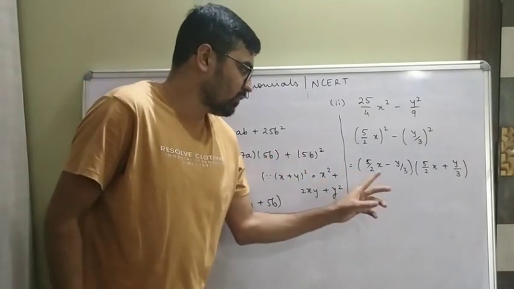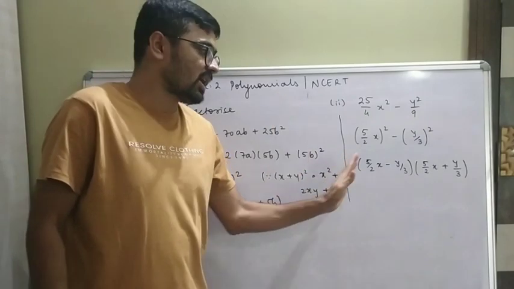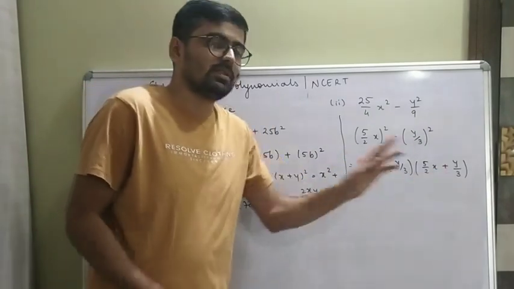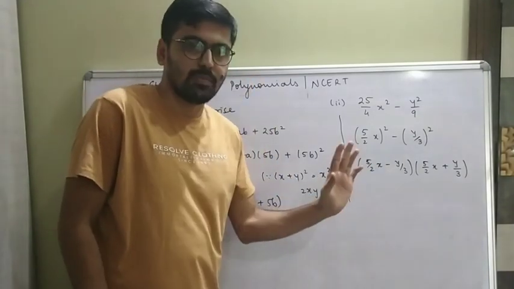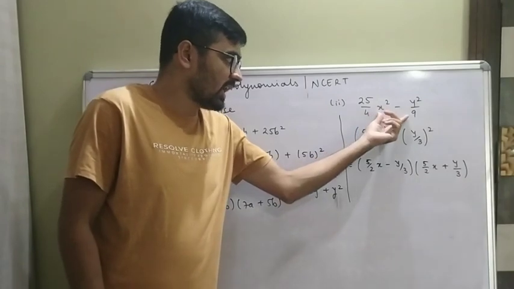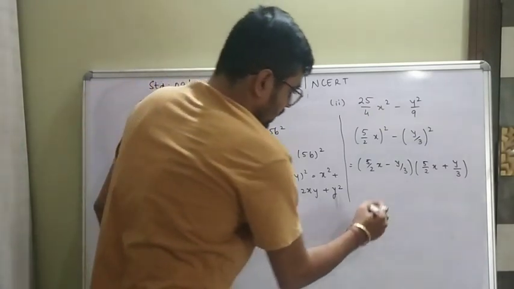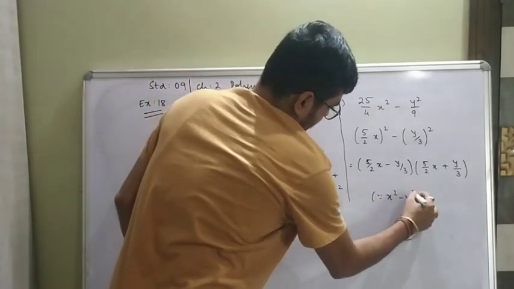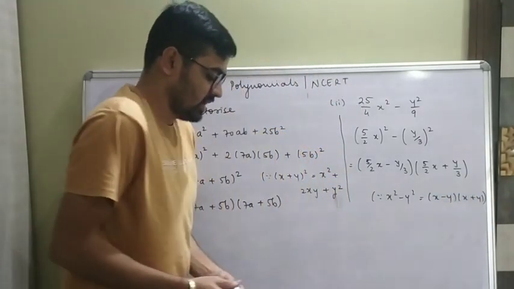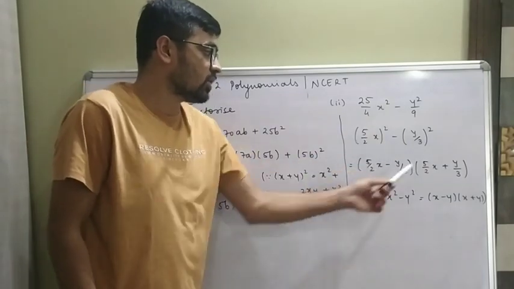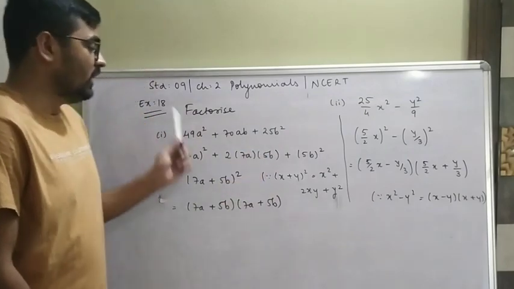Now if any one of you wrote plus first here and then minus here, no problem. Both of them are the factors. Anyhow you can write plus here and minus here. That won't change your answer at all. Your answer is going to be still the same. Correct. So whenever we have something like this, and if we want to factor, we use the identity x square minus y square is equal to x minus y into x plus y. With the help of this identity, we can solve a problem like this. Am I clear, everyone? Please pause the video and note it down.